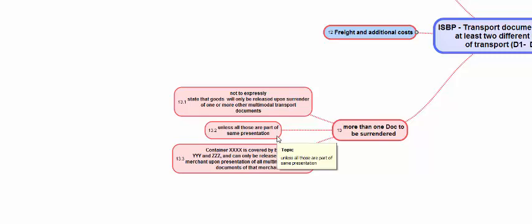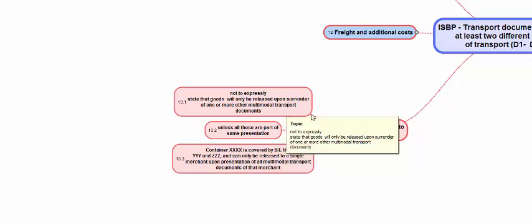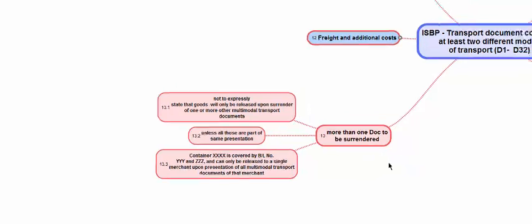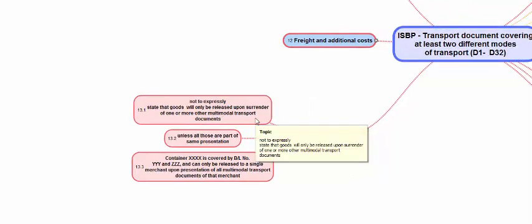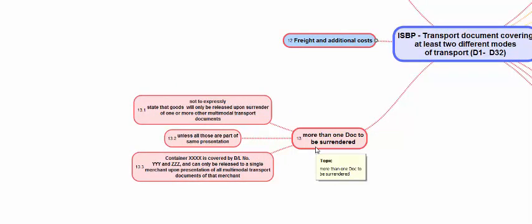If it is not part of the same presentation, the applicant under the LC will not be able to get the cargo released because he doesn't have access to the other transport documents that have been called for to have the shipment released. So this is the situation where multiple BLs are required to cover a particular portion of shipment or particular container of the shipment.